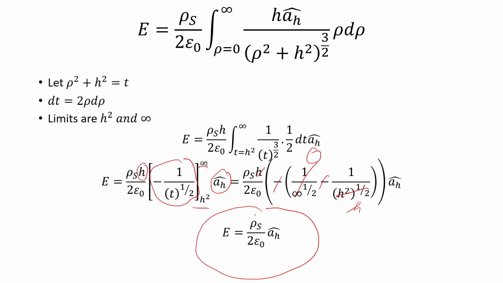This is the expression for electric field intensity at any point. Let me remind you, at any point in space. That means the electric field intensity because of an infinite sheet charge at any point in space is a constant value given by rho s by 2 epsilon naught. It is not dependent on anything except the surface charge, and it is acting only along the normal to the surface.